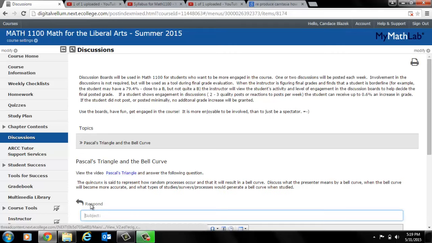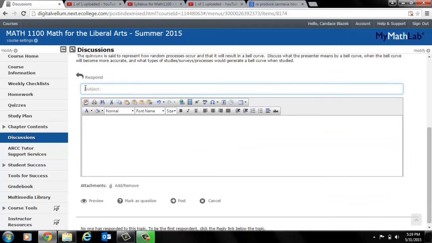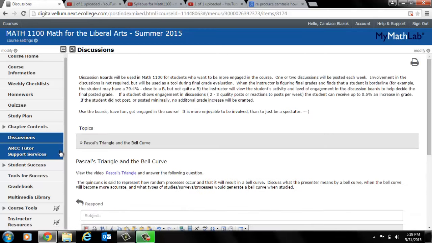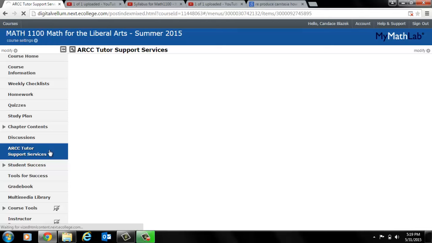To respond, you push on the respond button. You can put a subject, and then you can put in here your text as well. You can mark as question, or you can post. Again, so discussion boards are optional, but are also encouraged. The next